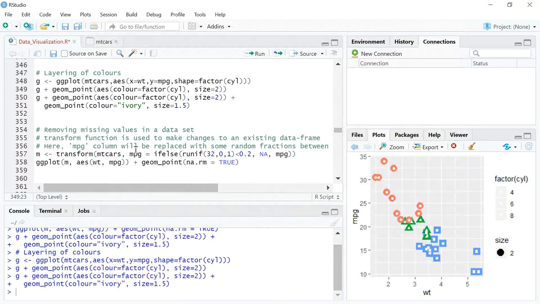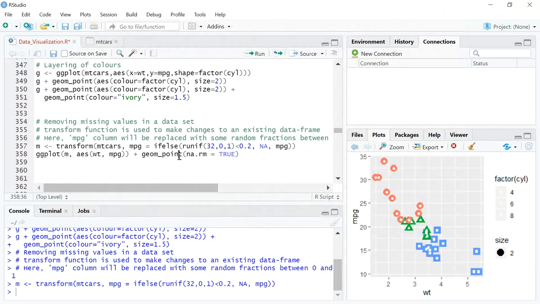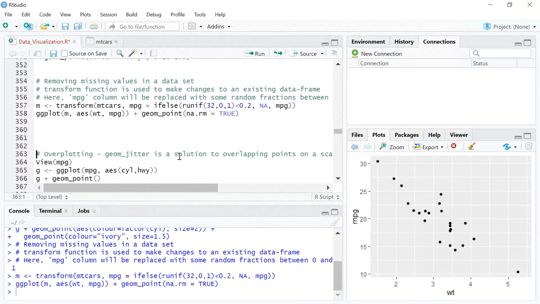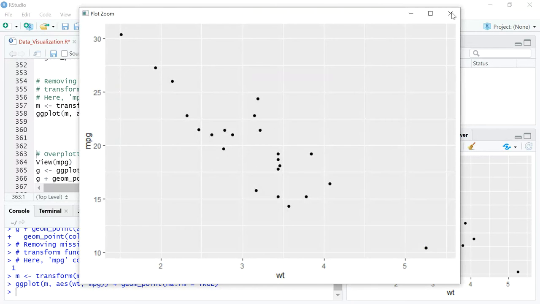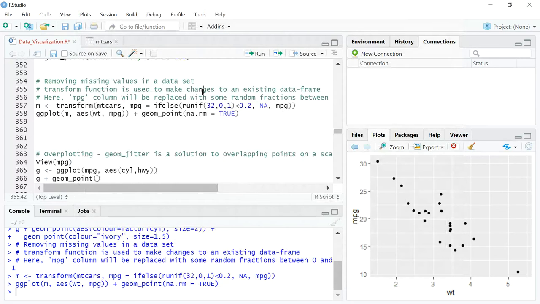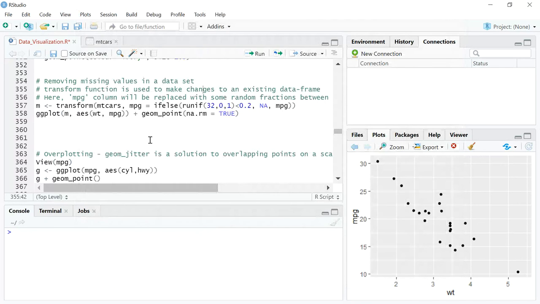Now, before we close, I also wanted to show you an interesting graph that you can build. It's a pretty straightforward graph. I'll just run the 2 lines of code, and then I'll talk about it. So the graph is pretty much simple, right? It's a simple dot plot that you see here, but what is hidden behind this simple dot plot is the fact that we're going to remove all null values or all missing values.